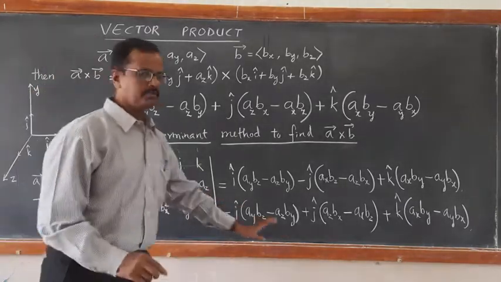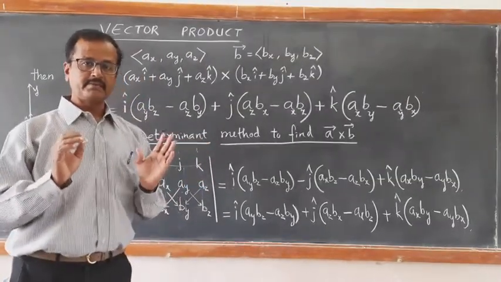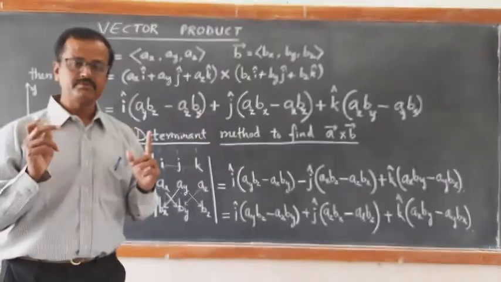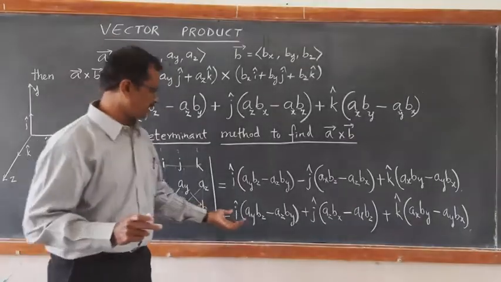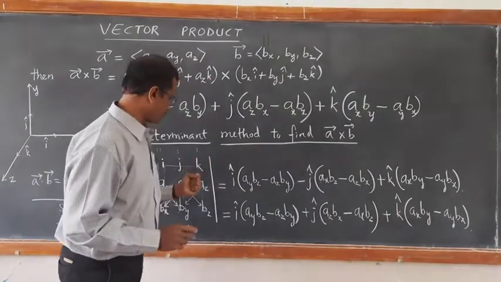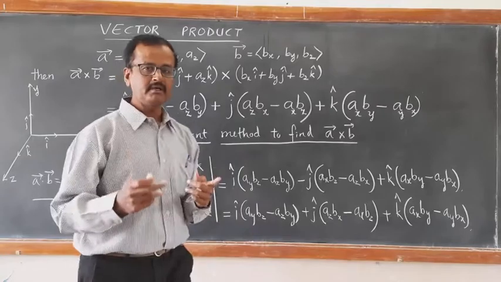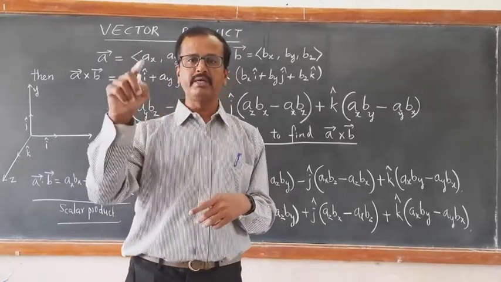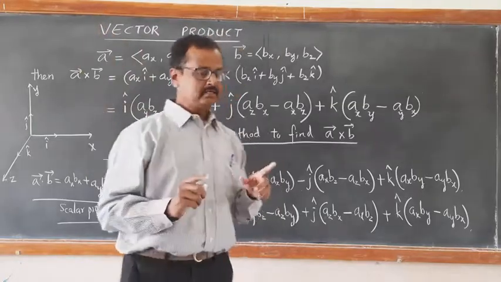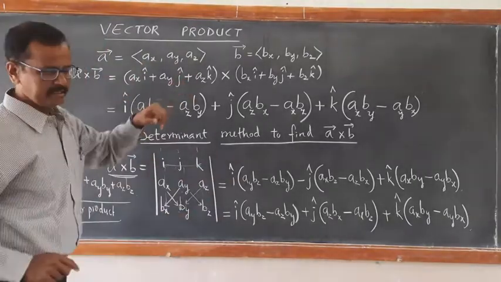You must clearly understand the difference between scalar product and vector product. Scalar product gives you scalar quantity as the result. Vector product gives you vector quantity as a result. You can see here it has got x component, y component as well as z component. So you can call this one as x component of C vector, because yesterday we had to find A cross B, vector A cross vector B equal to vector C, right? So these are the components of vector C. So I will write there separately.